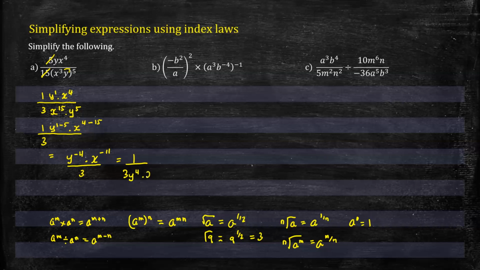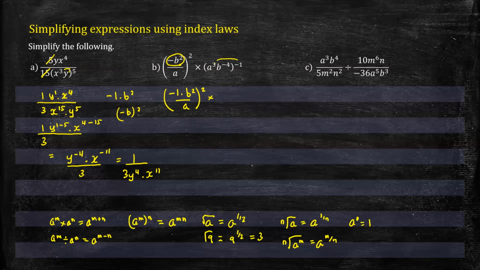3y^4 times x^11. In question B, we have (negative b^2 divided by a) all to the power 2 multiplied by (a^3 b^(-4)) all to the power negative 1. The first thing to note is that you have negative b squared. So that's actually the same as negative 1 times b squared, which is different to negative b all squared. But in actual fact, in this question, you'll get the same answer either way you treat it. So I would write that as (negative 1 times b^2 on a) all to the power 2 times